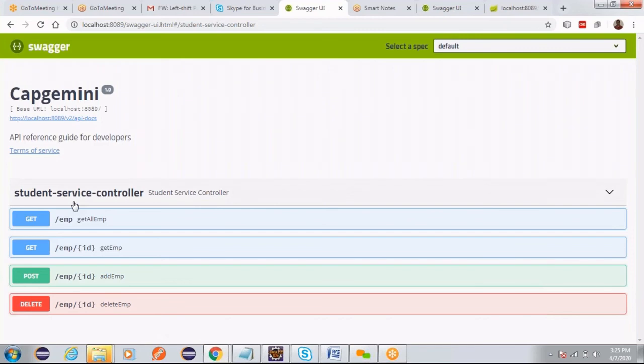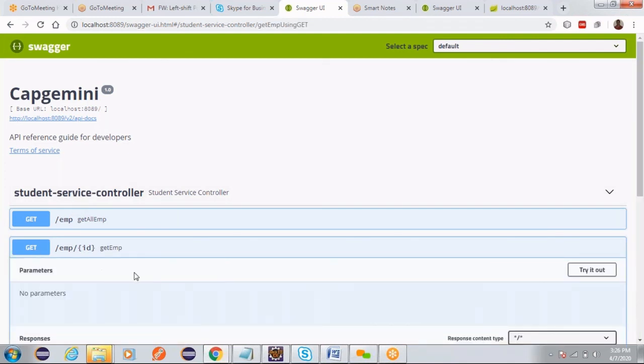So now if you wanted to explain your controllers and how many methods are there, you don't need to explain it in a different documentation. With the Swagger library, it is capable of generating documentation for you. So any client who wants to work on your controller, those who want to consume your services, let us say when you are integrating your Spring Boot application with Angular. In Angular, when you wanted to write a client application, you wanted to test which service URL endpoint is producing what type of data, what type of method it is, what is the URL. Just go to Swagger and check. This is the easiest way to generate the documentation for RESTful web services.